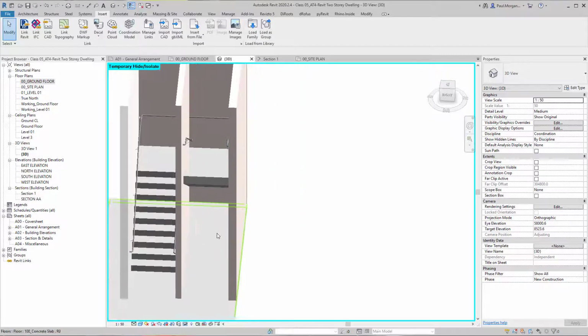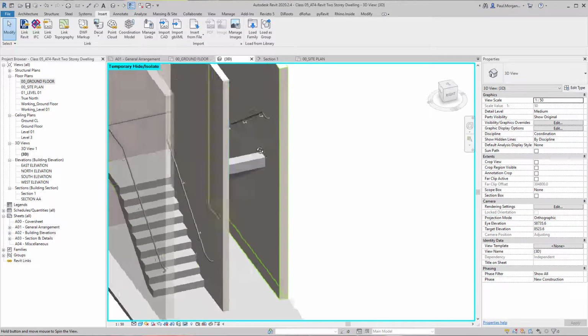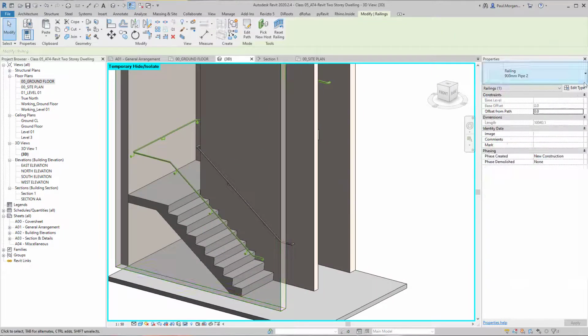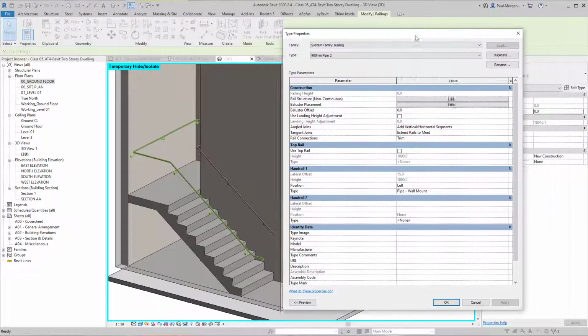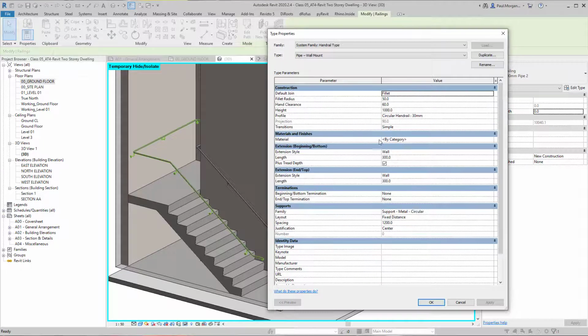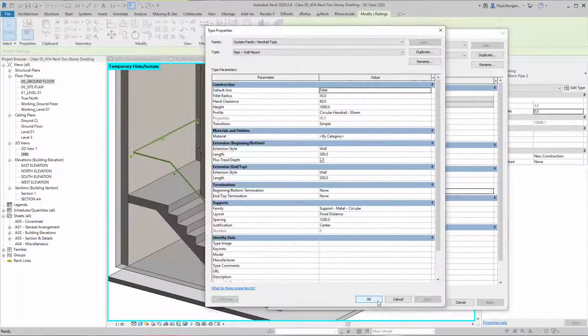A quick disclaimer: in order to get the supports, what I've done is change my handrail setup slightly. So if I click on one of these handrails, I go edit type, and what I've done, and make note of this, is the top rail. I've chosen not to use the top rail because I can't pick a support for a top rail. So I've got a handrail 1, so no top rail, just handrail 1. The type is the pipe wall mount, so I click on that, and this all just reflects exactly what we saw before. The key difference